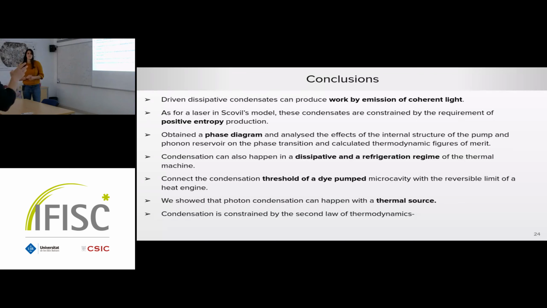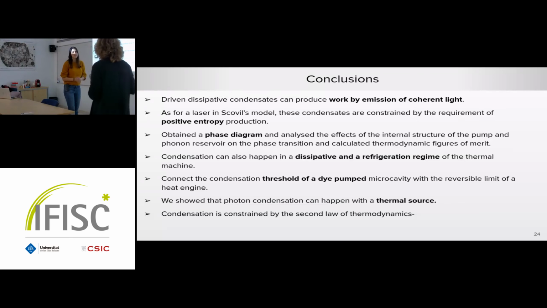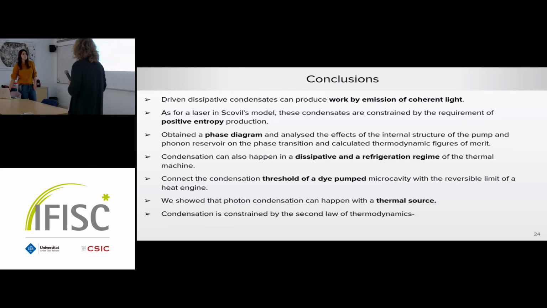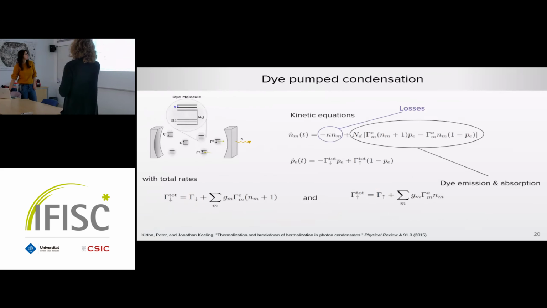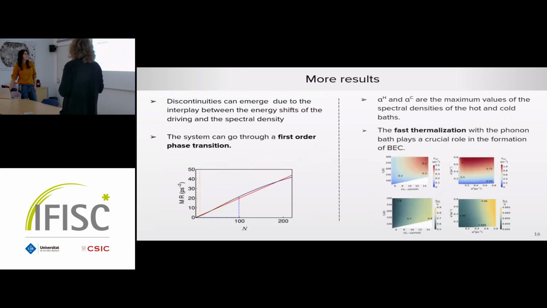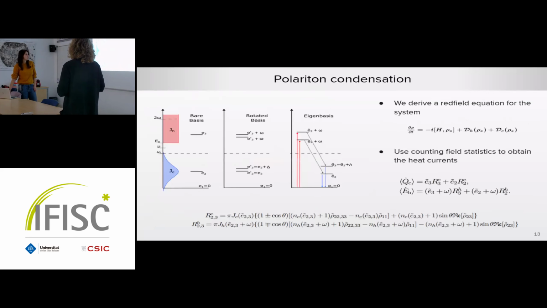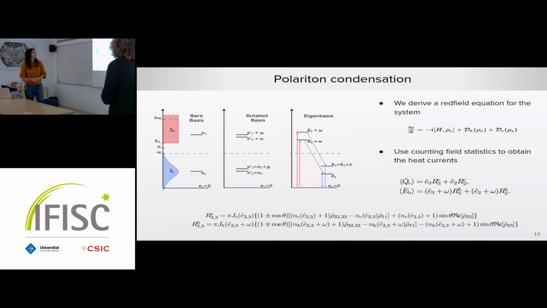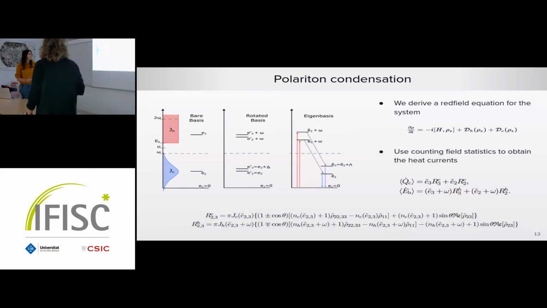I had a curiosity about the methods. At the end, you could describe everything with rate equations. For the phonon one, yes. For the polariton ones, we use master equations. But when you were showing the equations, it seemed like the coherencies were not playing any role. You could actually have a reduced description only with the N and P, just because we have approximated, or? No, for the polariton ones, they play a role here. So this would be the semi-classical. We have this other term here that is an interference term.